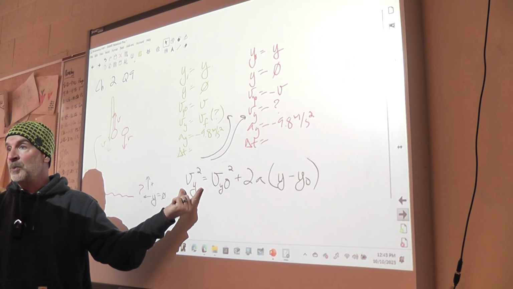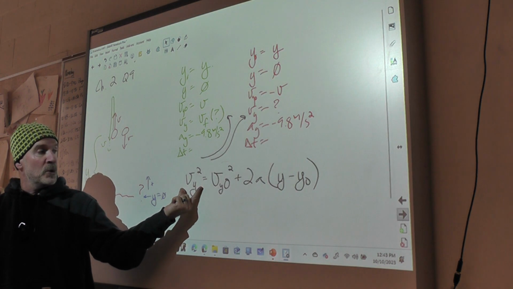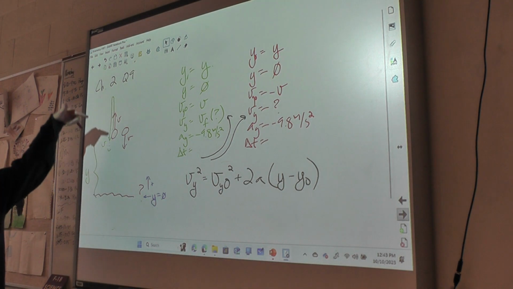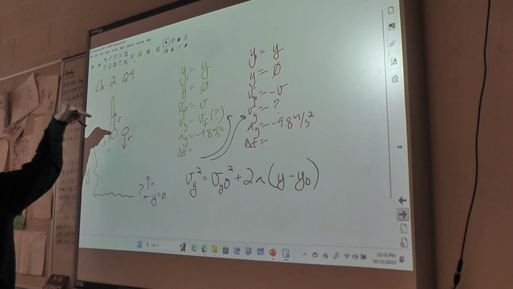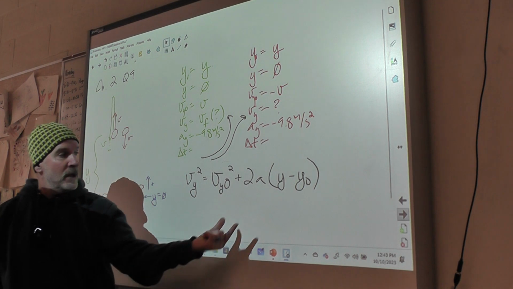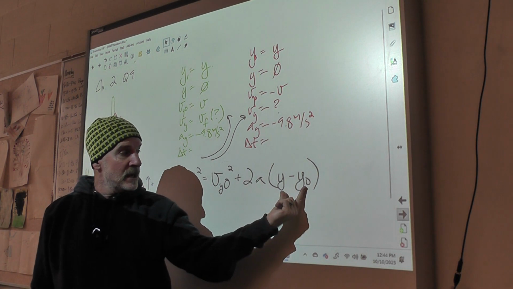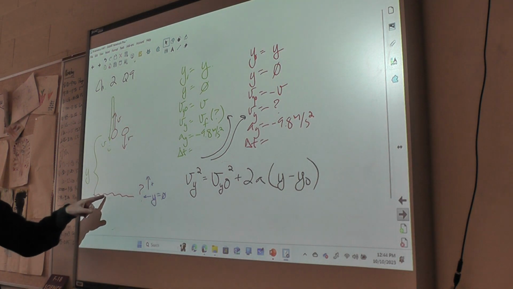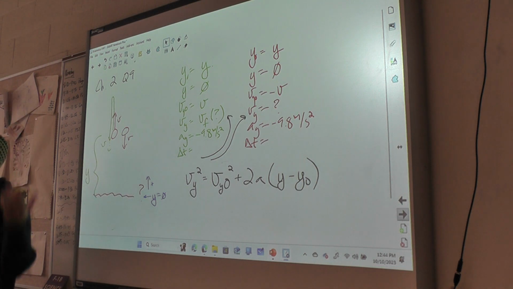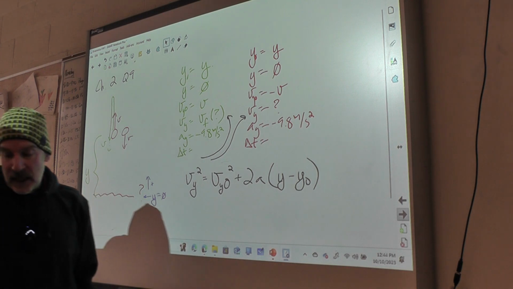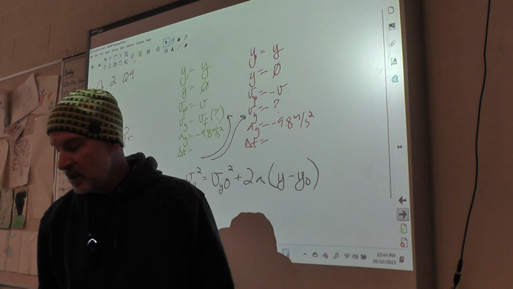To find the answer, we have to take the square root. The square root of whatever we got here could be a positive number or a negative number, but we know in this problem they're both going down. So we know that both of those velocities are going to be negative. The magnitude of this number is going to be the same. This number is going to be the same for both objects. They will have the same final velocity as they pass this point. One gets thrown up and then comes back down. One gets thrown down. They'll both have the same velocity once they go past this point, right? So that is number 9.